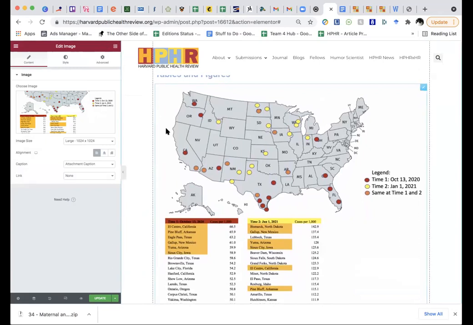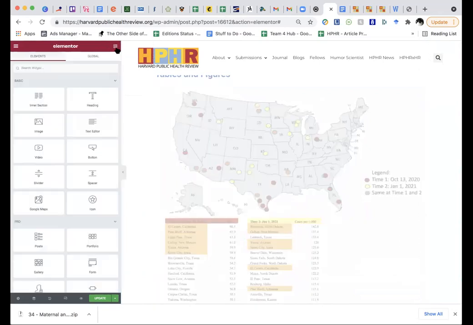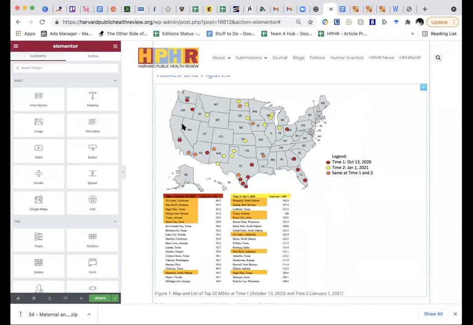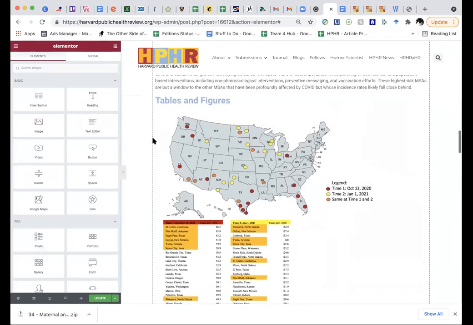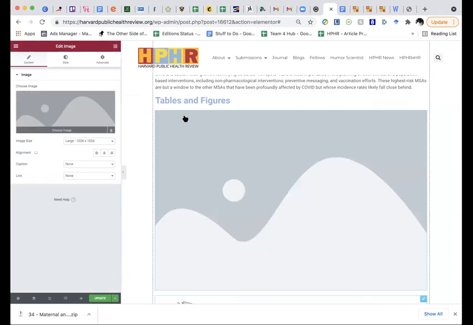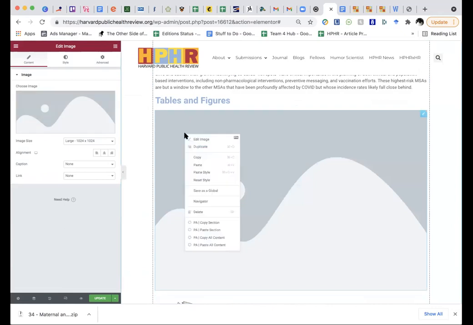If you were working with an article that did not already have this image block set out for you, you would come over here to your tools. And to get to that, you hit what looks like a little phone pad here. And then you would just drag and drop your image into the section.